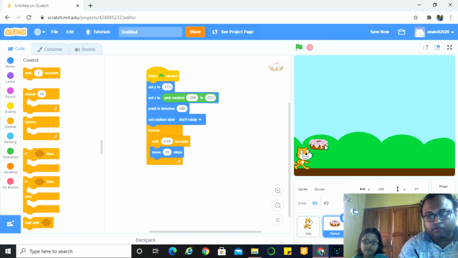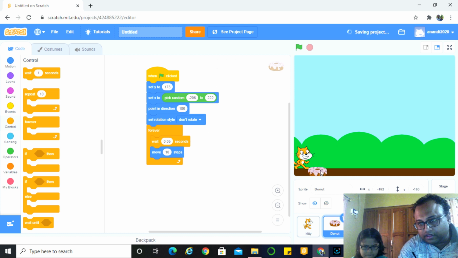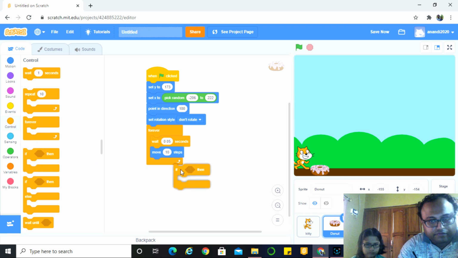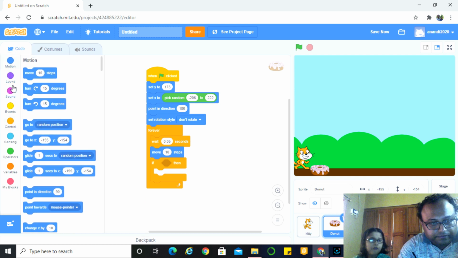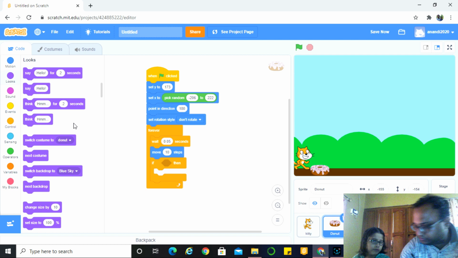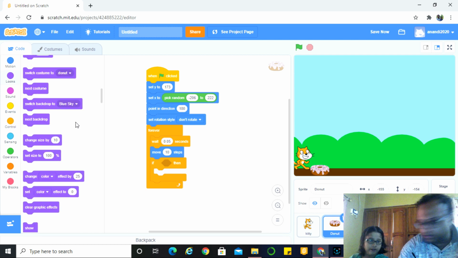So that when it reaches here, what is it, 158 or something. Okay, position is 154. So when it goes to 154, it will again come back to the top position. For this, we have to go to motion and take Y position.